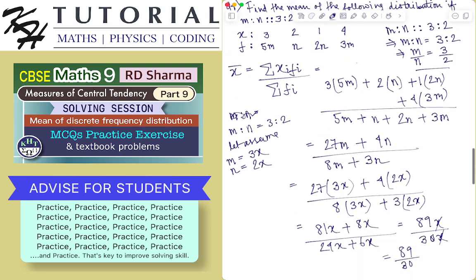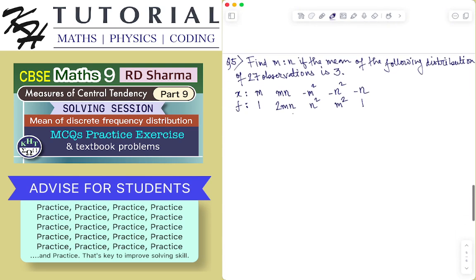Okay, let's see the next problem, the last problem. Find m is to n if the mean of the following distribution of 27 observations is 3. So we have the discrete frequency distribution. We are seeing there are 1, 2, 3, 4, 5 unique values of the x which are given in terms of m and n,